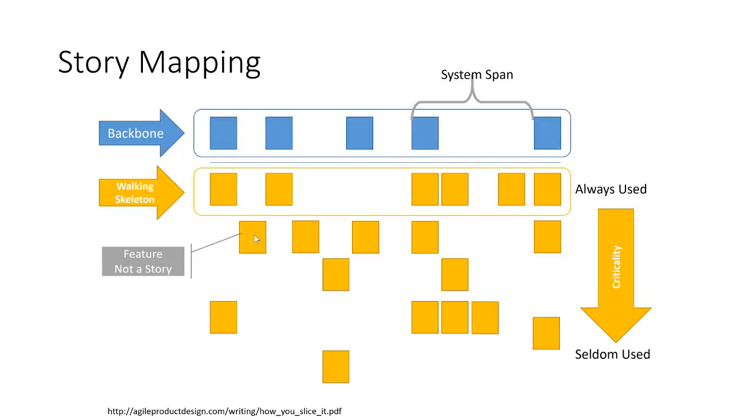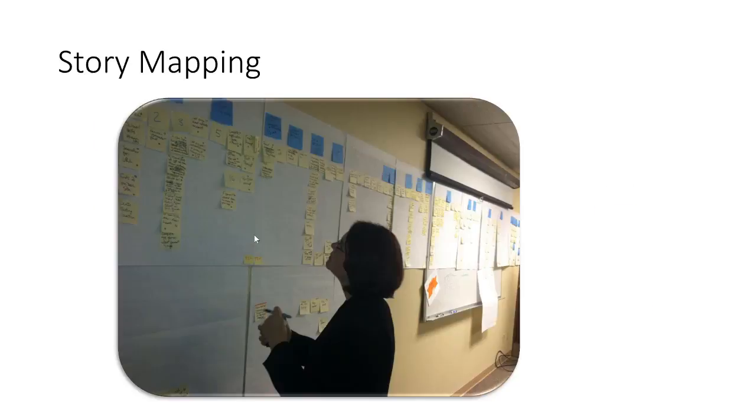You have something that's pretty darn big, like the Amazon site, for example. You could map the Amazon site, and then each one of these little gold cards would have multiple stories that make it up. And then within that, you would prioritize which stories are more important and which are less important, and which can be saved for later kinds of things. All right. So I told you I did this with the Department of Licensing, and here is the actual chart